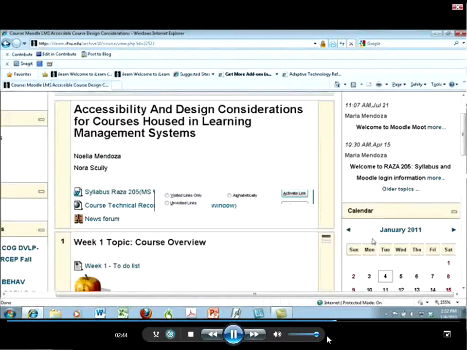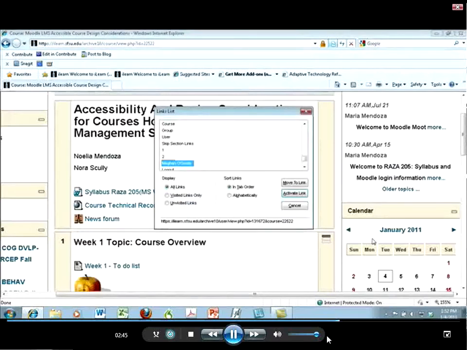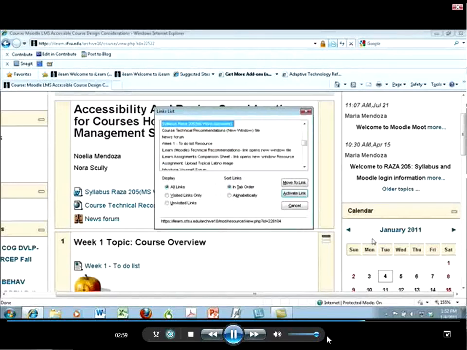Okay, so now I'm going to bring up the links list. Look for the syllabus. And what I did with that is, since I know the end of S and the next one is Y, I'm going to use first letter navigation and hit Y just to find the syllabus. Syllabus Raza 205, MS Word document. Okay, so